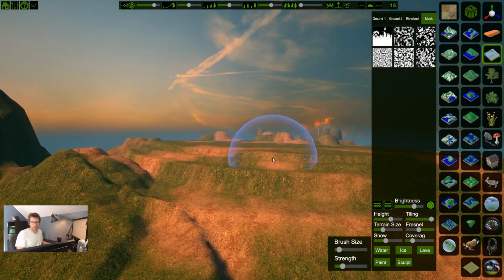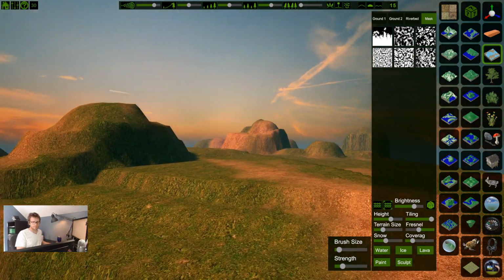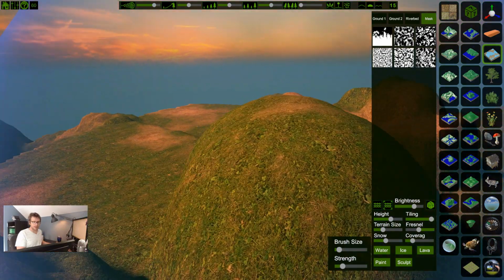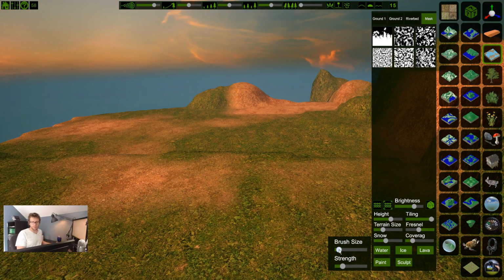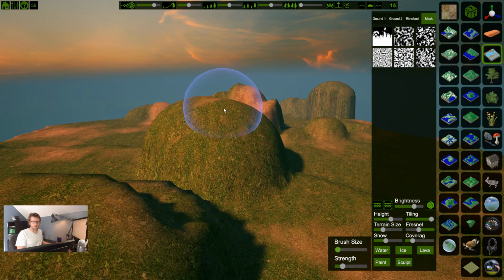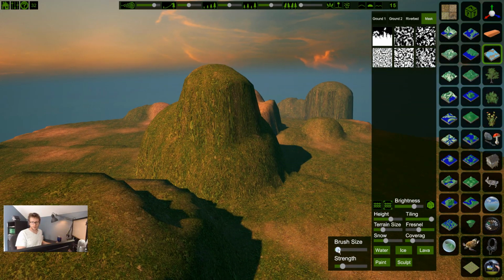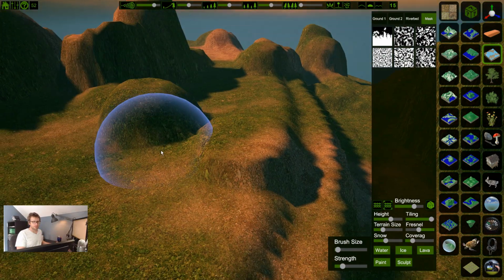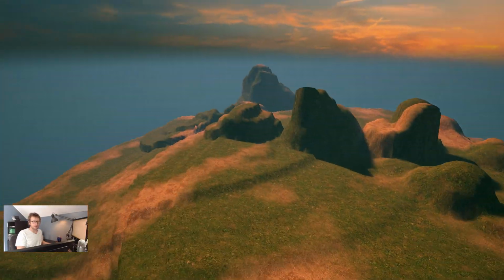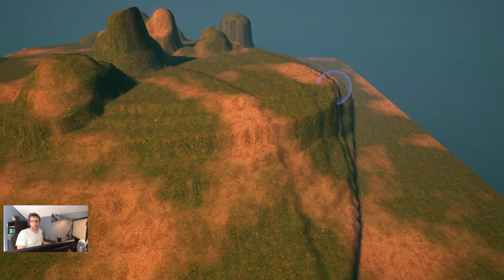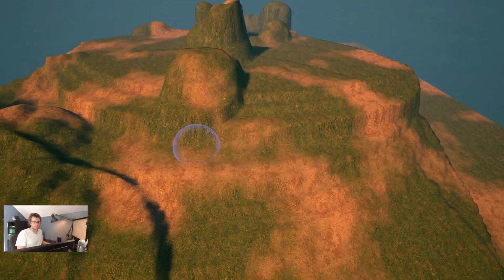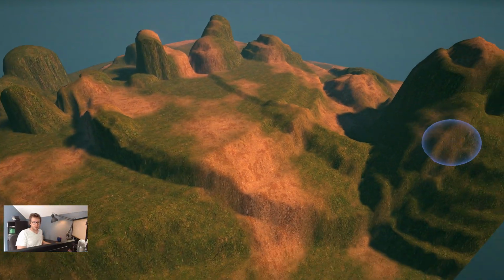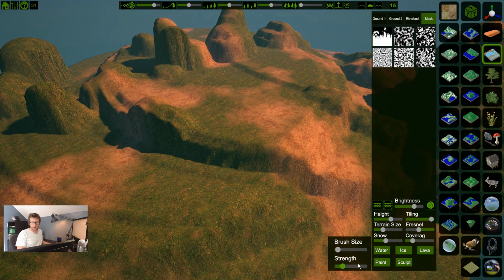kind of create something interesting here. One thing that I do like is that when you pull up to a max, it does fit the brush. So if you wanted to get some sharp edges, you can, which is good. And there's also rock tools that will kind of allow you to build like this, but I don't know of anything that would let you build. You could really build a step-tiered landscape fairly easily. But the sculpt tool is still, I think, kind of in its